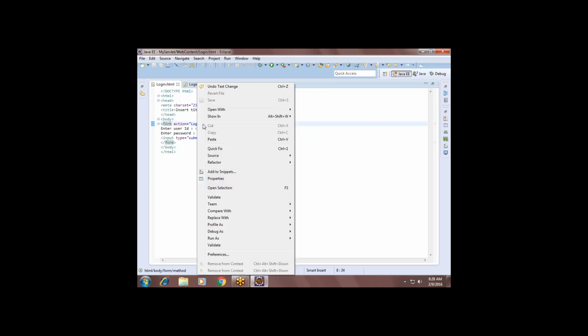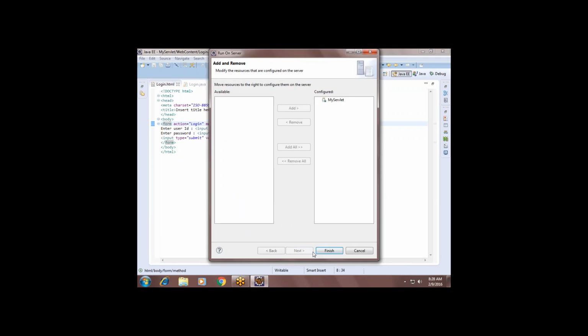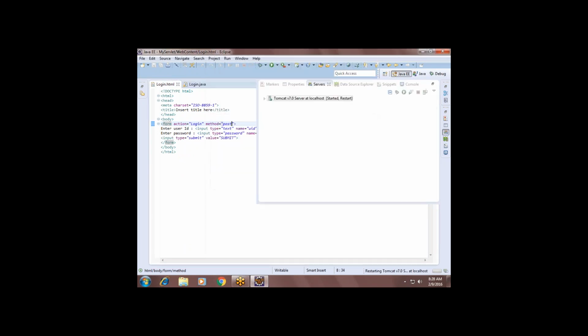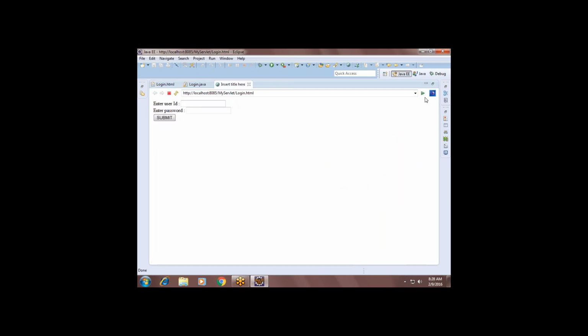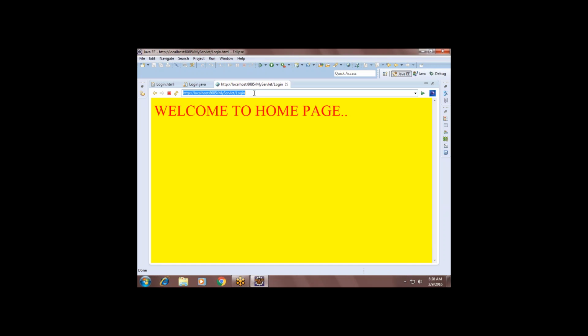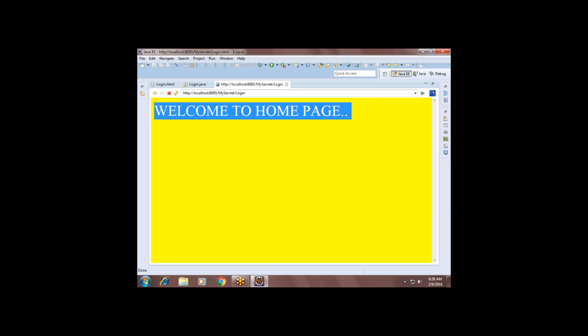Then what is the difference? Admin, admin. See, you can't see the values here, because internally the values are passed through the HTTP protocol body. Understand? That is the difference between GET request and POST request.